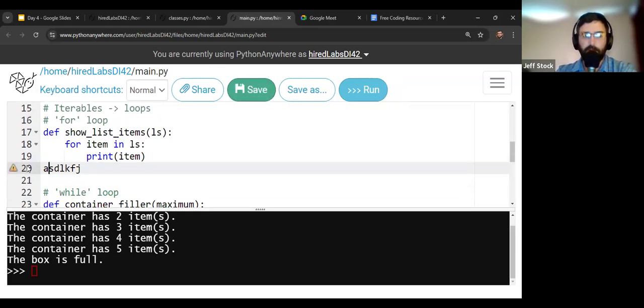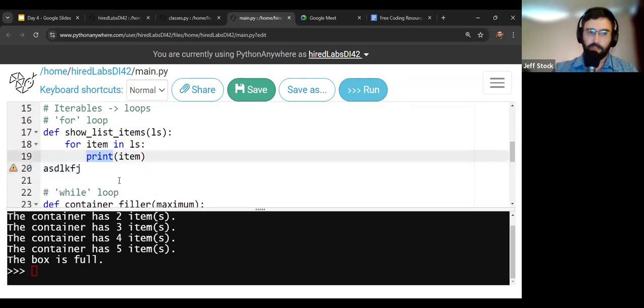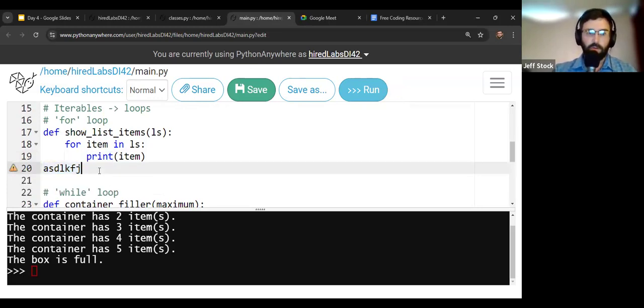But text editors generally will do that sort of thing where it's not really spell check in the sense of English words, but it'll check for the proper syntax of Python. And so if you have what looks to be a variable name like this, to the interpreter, it's like, well, this probably is a variable name. It's just not defined anywhere. So that's about as close as you're going to get to a spell check, I think. And then these reserved word things will help you out.